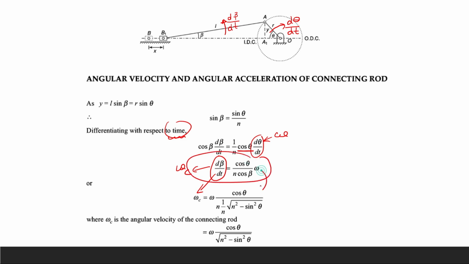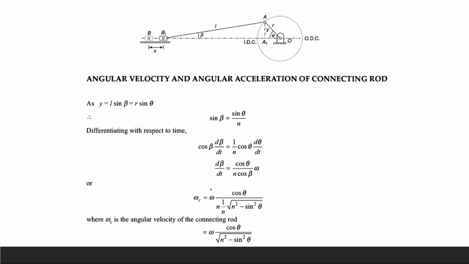अब इस रिलेशन से ये रिलेशन कैसे बना उसको हम लोग देख लेते हैं. Okay, so here you can see everything is clear to us that n is there, cos beta here, cos theta and cos theta here also, n is here, omega is here, omega is here, and this is basically replaced by omega c. So only this term is replaced by cos beta.